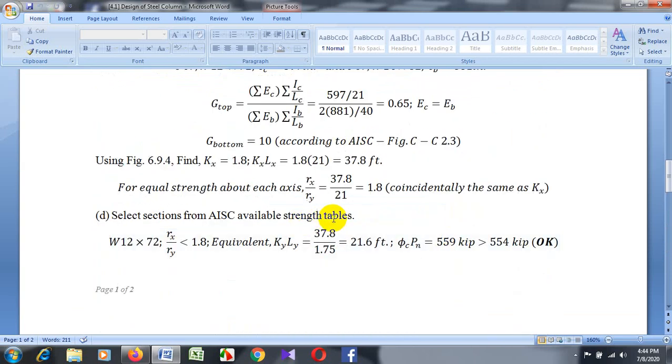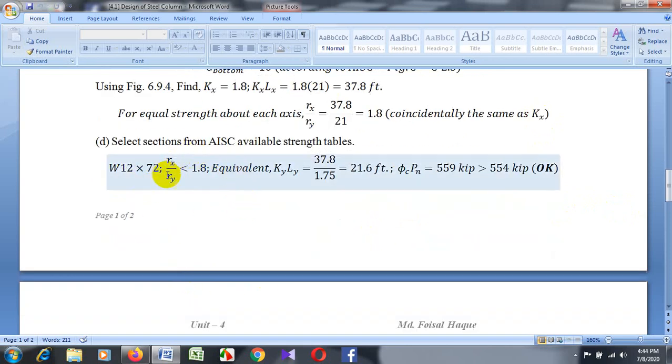And now for equal strength about each axis, rx divided by ry. KxLx equal to 37.8 and KyLy equal to 21, equal to 1.8. This is approximately equal to the same as the value of Kx. Now select the AISC available strength table.